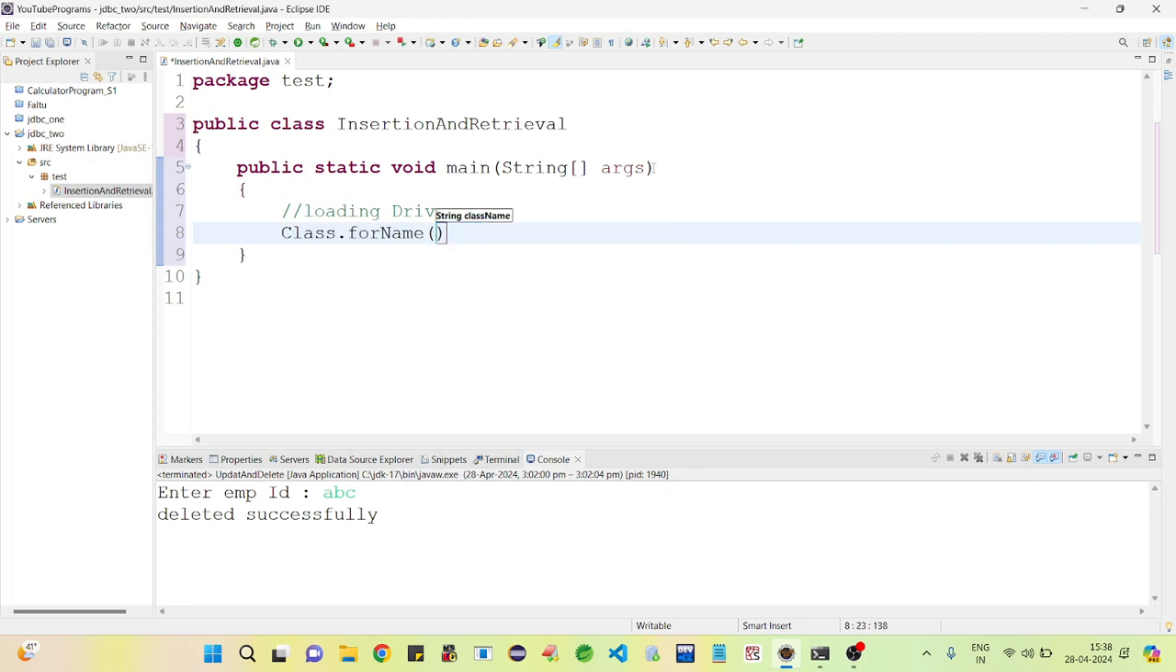Class dot forName oracle dot jdbc dot driver dot OracleDriver. Right,